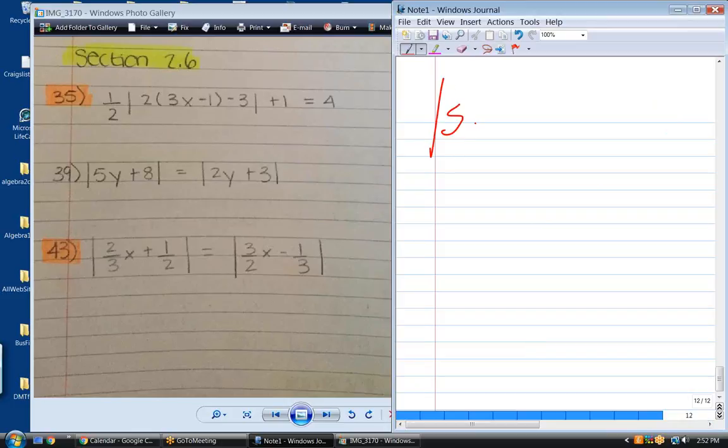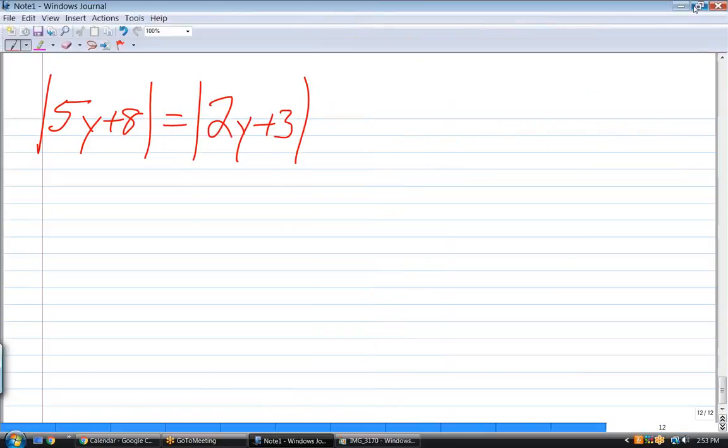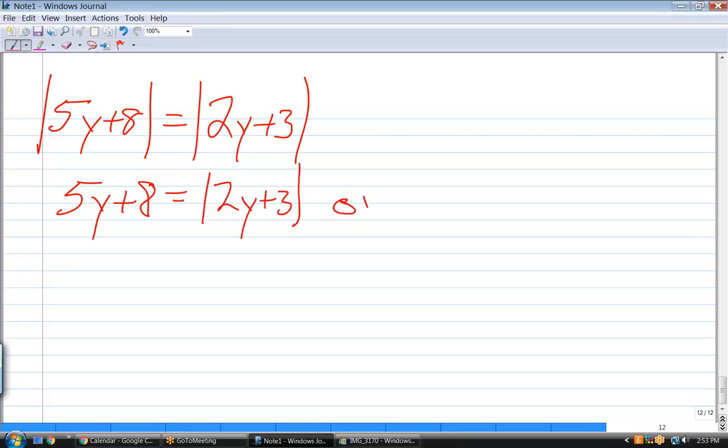Okay, now we're getting difficult here. I think we'll have just about enough time to do this. I got to figure out how to do it first of all. Well, I know how I would do it. Let's do it exactly the way we've been doing it. So what's the first statement I can make? 5y plus 8 equals, don't change the absolute value, 2y plus 3. Or